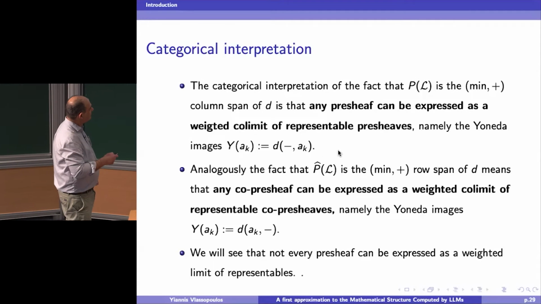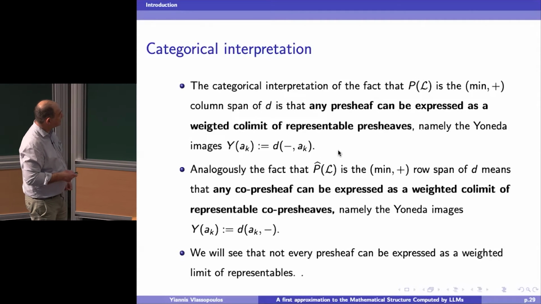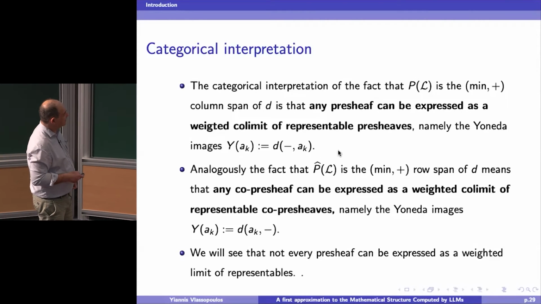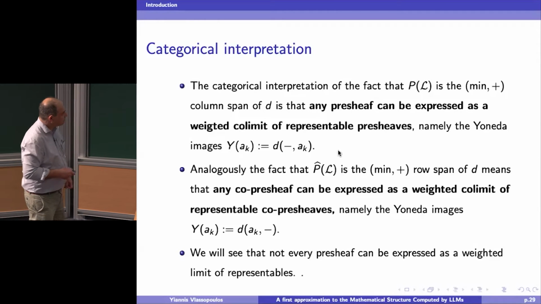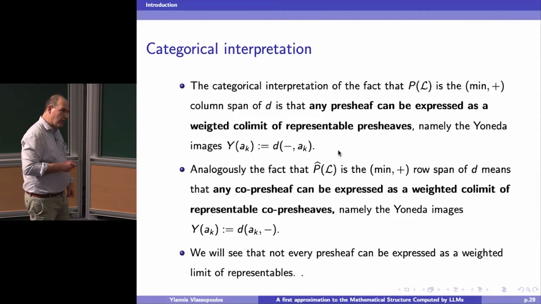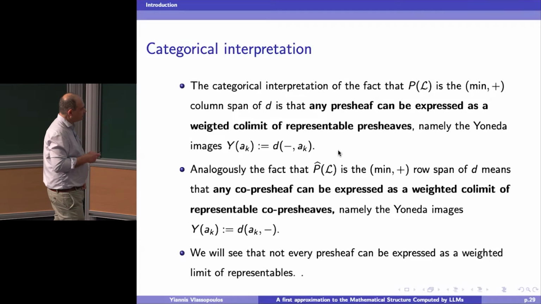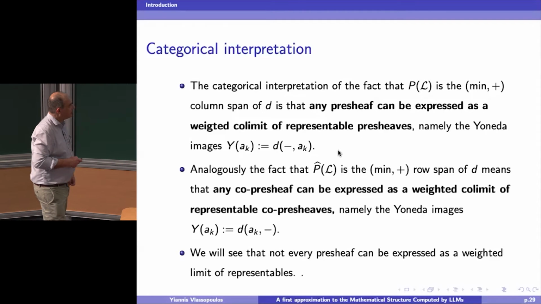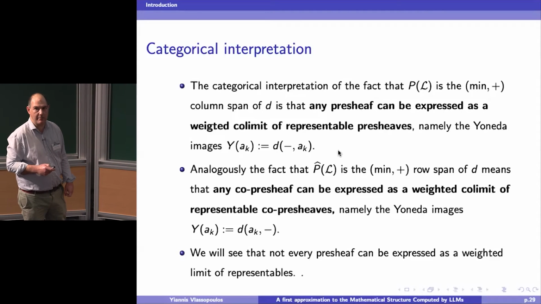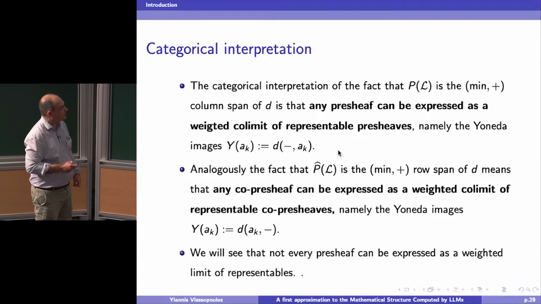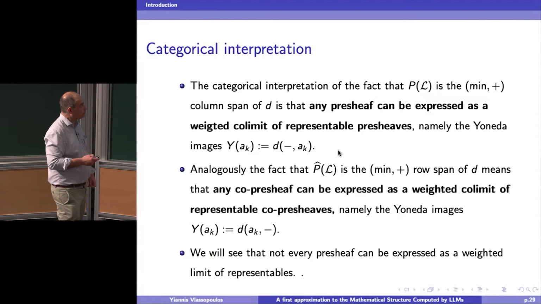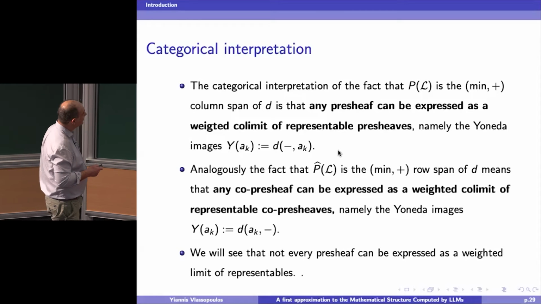And the same thing happens for these copresheaves. They generate presheaves via colimits. We will see though that if you take the max-plus algebra, this corresponds to limits, and it does not